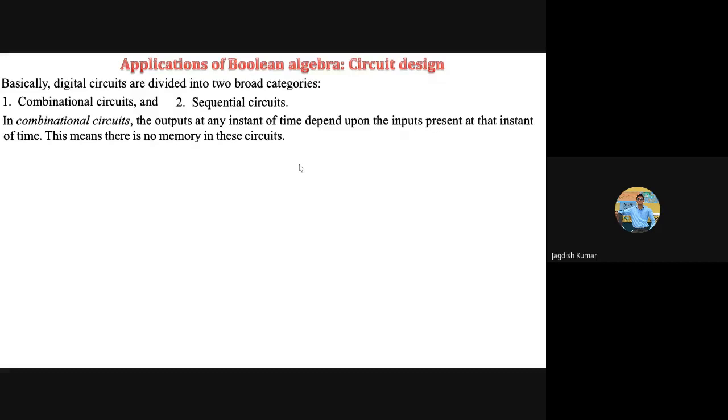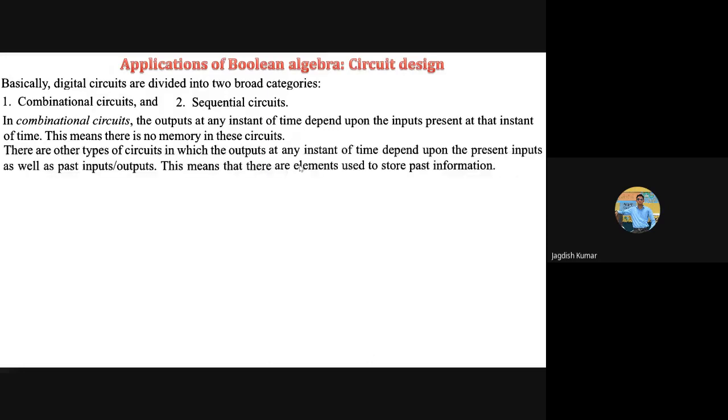So there is no memory element. I mean, the present output of the circuit has nothing to do with what were the past values of input. That is another way of looking at it. Means in combinational circuits, the present value of output has nothing to do with what were the past values of inputs. Means they have no memory element. So what is the meaning of memory element?